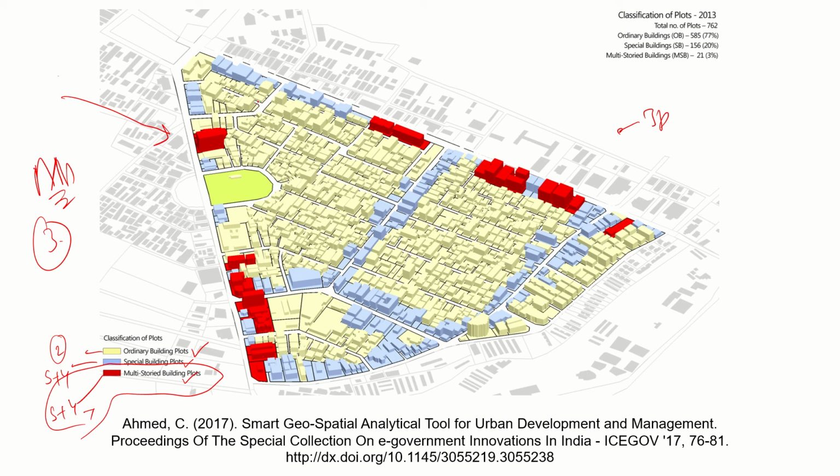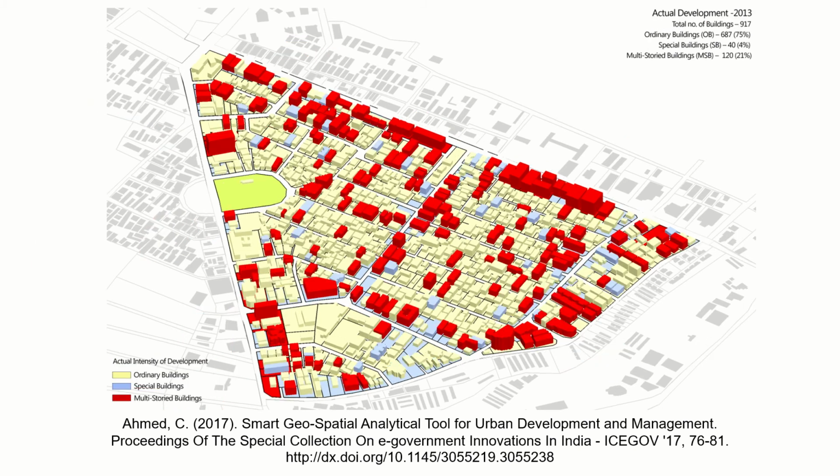what we'll be able to do is these plots that you see as blue can be built as special buildings, and the red ones are plot areas where we can do multi-storied buildings, and all the others are meant only for residential purposes. This is if we strictly follow the rules. But we did a study in 2013, and this is as per the rule, and this is what is existing there. You can see that these are actually roads which are just 6 meters wide,